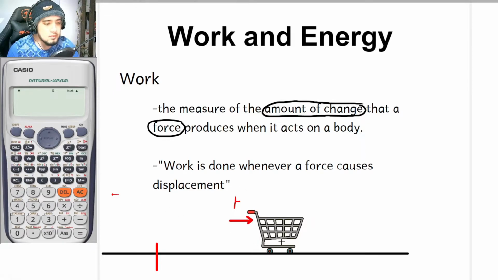With such, this is the displacement, let's say D. So if this is your force F and this is your displacement D, the mathematical formula for work is basically equal to force times